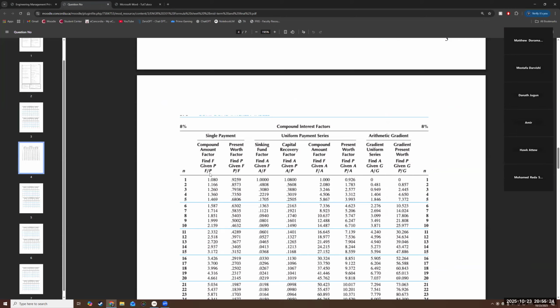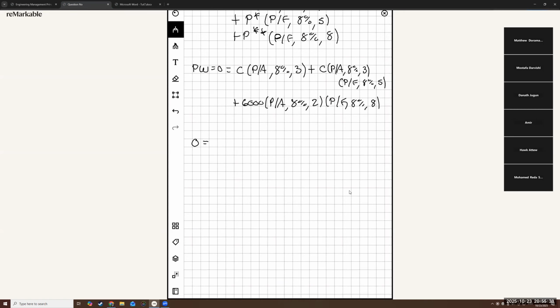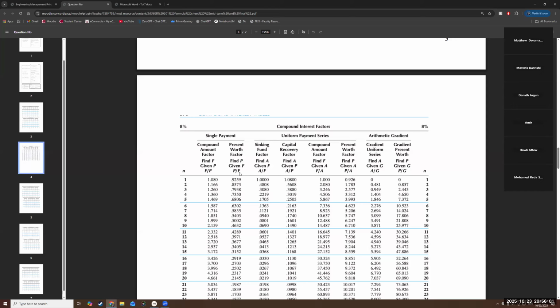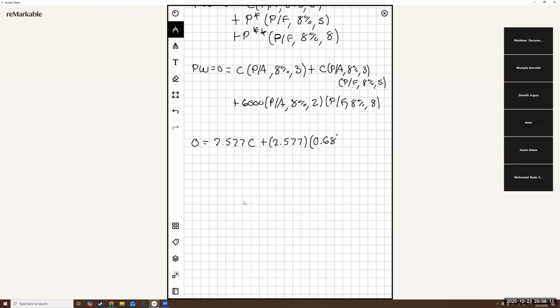P slash A, 8%, 3 installments, 2.577. 2.577 C plus, this is the same exact term, so it will be the same, 2.577 multiplied by P slash F, 8% for 5, which is 0.68. 0.68 C